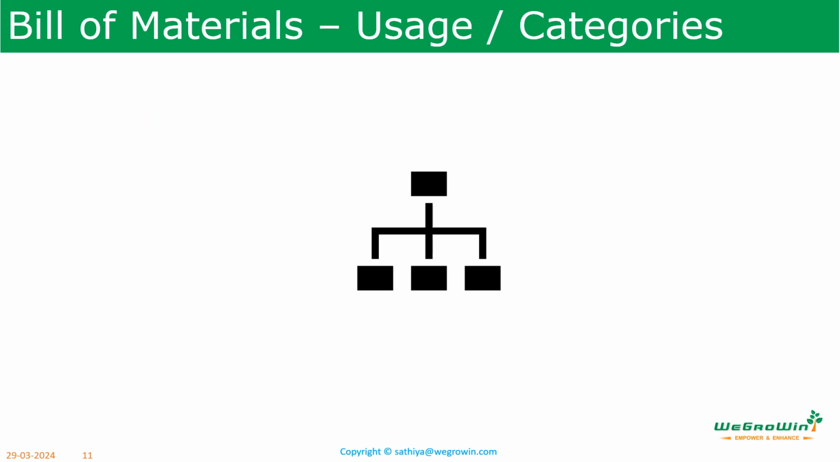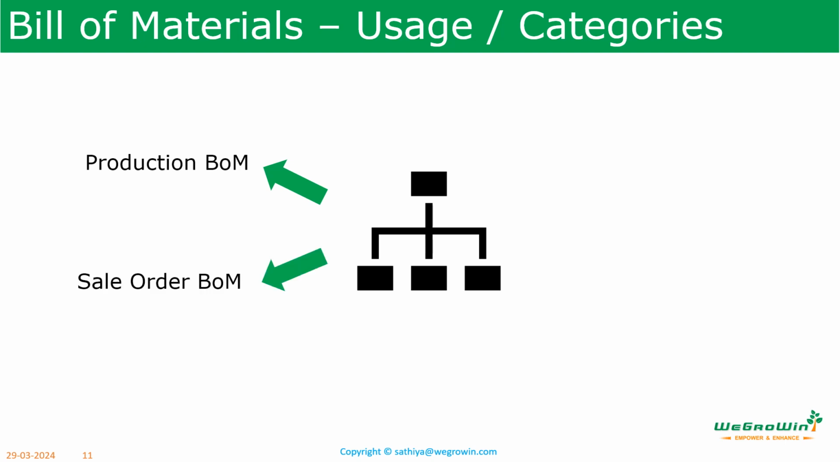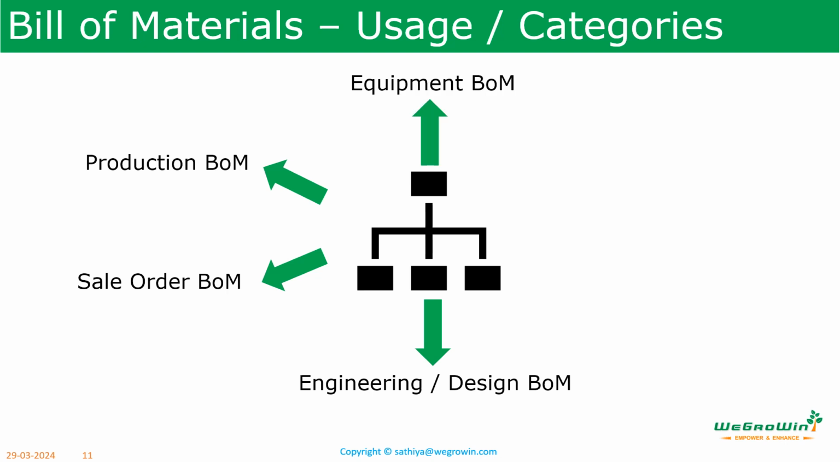So there are different categories of bill of materials. What are the categories of bill of materials? We have production BOM. These are the bills of material which are used for production purposes. There is a bill of material for sales, which is called sales order BOM. Then there is a design BOM or engineering BOM, or maybe sometimes it is called a super BOM also. And then we have the equipment BOM. And then we have costing BOM, to work out the